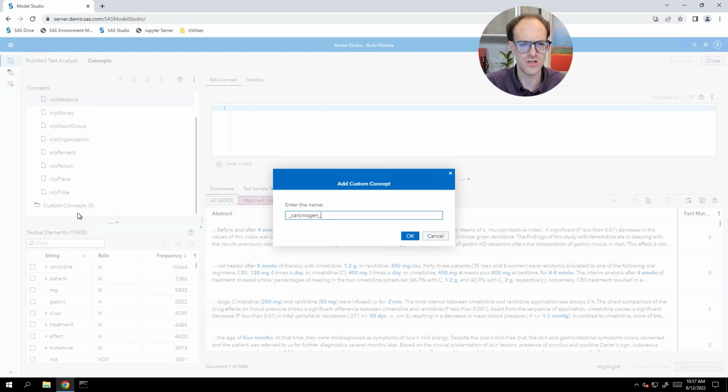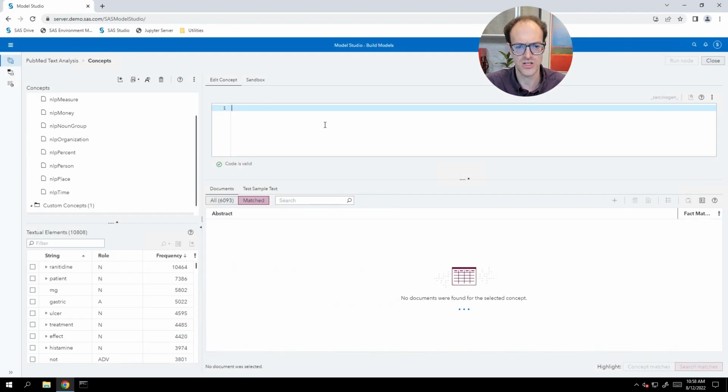Why do I put the underscores in front of my concept? Well, your concept names can actually be included in other concepts. So you can create a nested hierarchy of concepts. And you can reference words or concepts in those concept rules. And it's good not to mix them up. So we want to make a distinction between the word carcinogen and the concept carcinogen. So we put underscore in front of the concept when it's a single word. If it's 2 words, we usually just connect them with underscores. So that's a standard that we have in order to avoid confusion in creating these hierarchies of concepts.